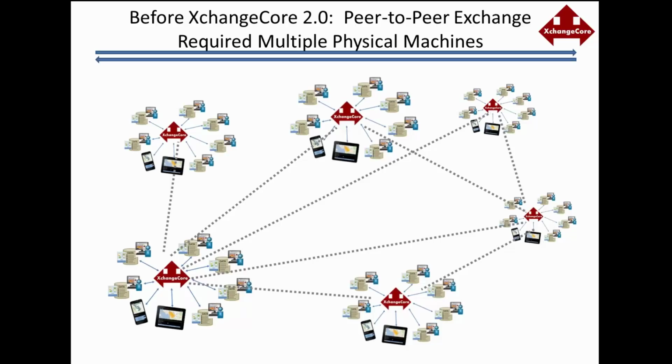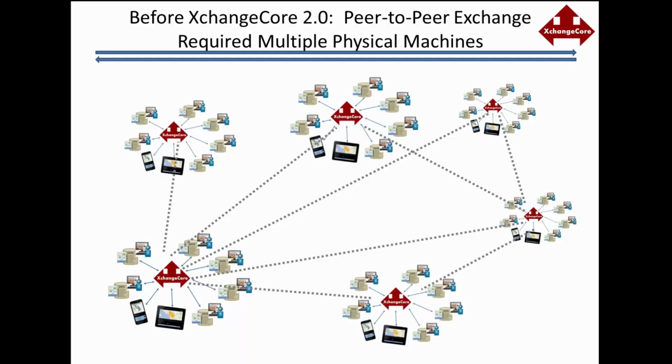Each machine had a core, and as you see here, I can have lots of people connected, lots of applications connected into the core in that hub and spoke format that you see, the 5 or 6 different representations there with XchangeCore in the center. So those are applications connecting into XchangeCore. Where I share between cores, or in multiple core-to-core sharing, represented by the dotted lines, those required physical machines